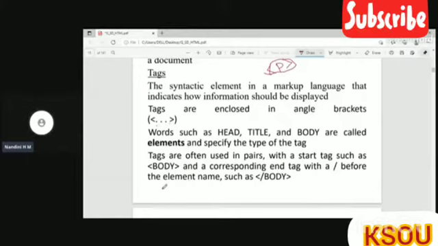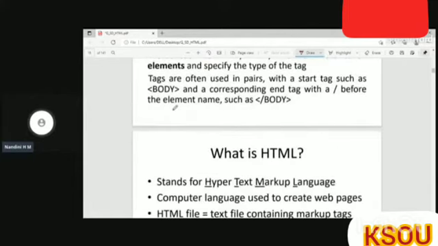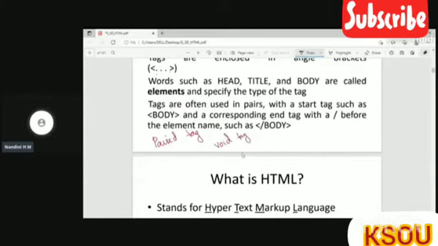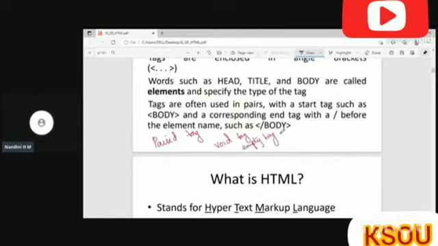What it says is in tags we have two different types of tags. One is paired tag, another one is void tag, or even we call it as an empty tag. Okay, so there are two types of tags. The paired tag contains opening and closing tag. So in the opening tag, we use the angle bracket, we write the tag element and close the angle bracket, and then we'll put the content.